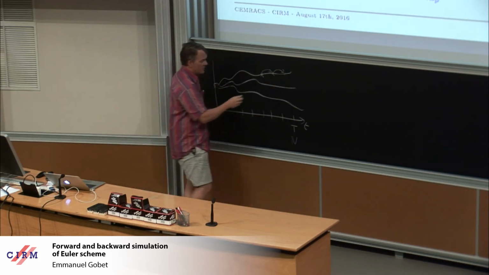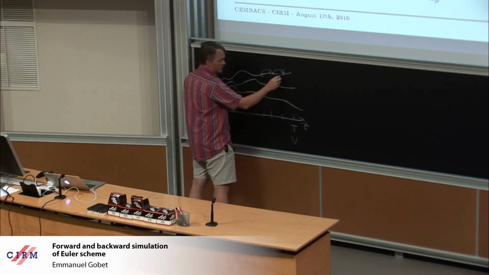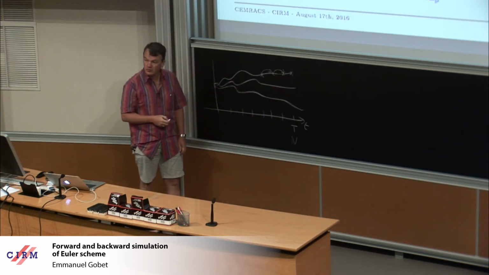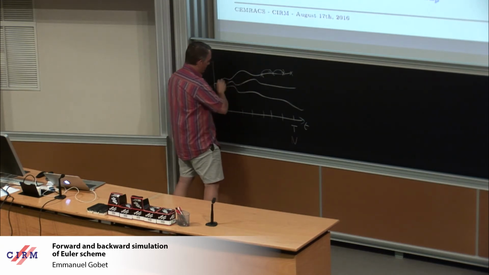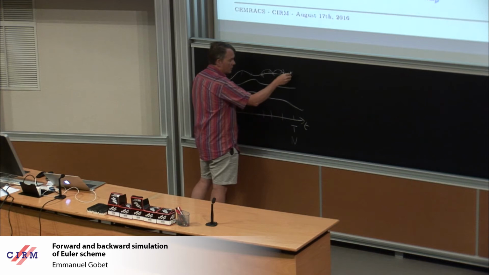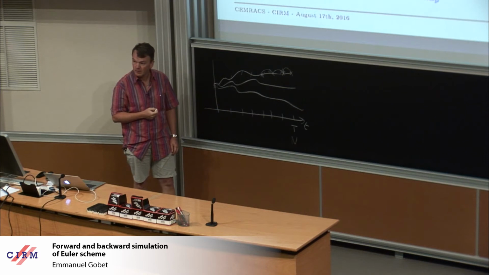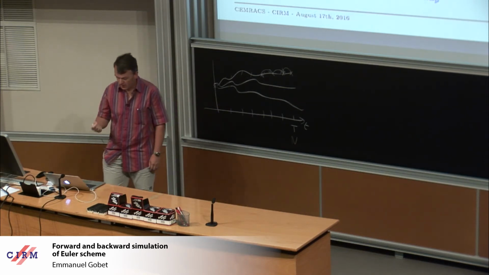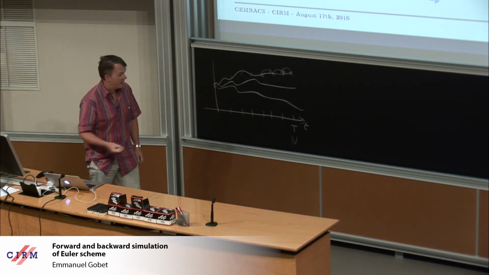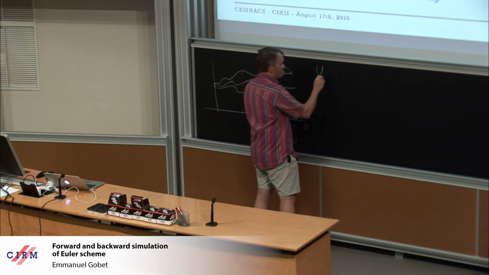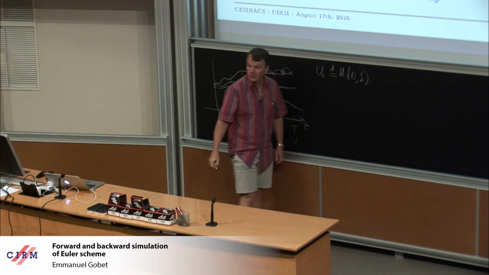So the trick here is not to store all these values. When you are at the end and you want to compute regression quantities, you will have removed all these paths from the memory, and then you will regenerate the path by just inverting the generator. So inverting the generator makes it possible to regenerate the U_i, that is, the uniformly distributed random variables.